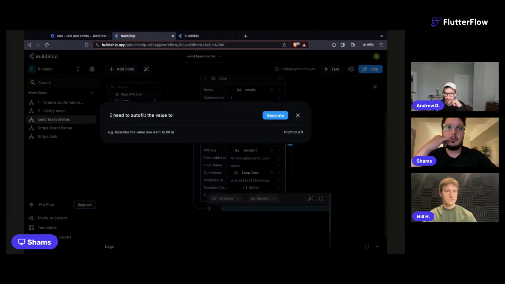So here, what we want to autofill is a JSON with an invite link property. We have an invite link property that we need to pass into SendGrid to replace the button click email in the template. Yep. So this is the, let's say, to